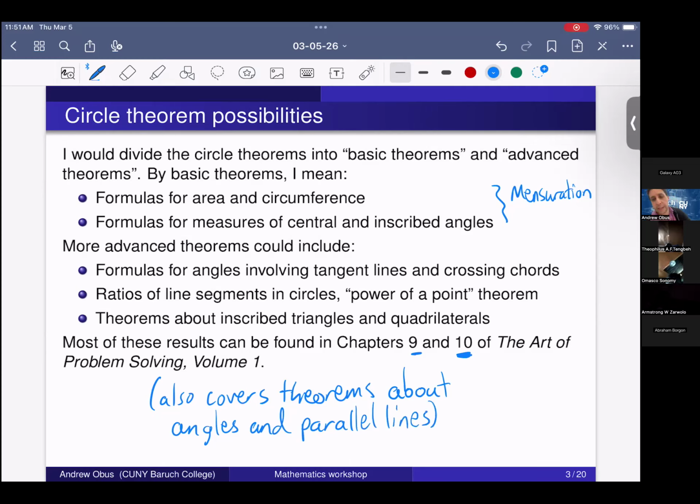Okay, we won't really discuss that today, but it also does cover theorems like this. If you need a reference for what we're doing, there are many references. You may have access to a textbook that talks about this, but one place that you can read about it is chapters 9 and 10 of this Art of Problem Solving book